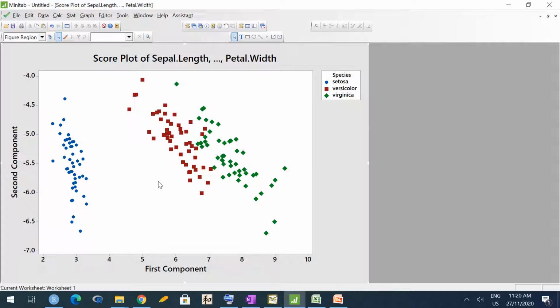Suppose now I come up with a new flower, I can take measurement of this flower. I can measure sepal length, sepal width, petal length, petal width. But the problem is I don't know how to identify the species. So I will compute these measurements. Using these measurements and the equation of PCs I have, I can compute value of PC1 and PC2. I will use the eigenvectors as coefficients and I will get values of PC1, PC2. And then I will plot that point.